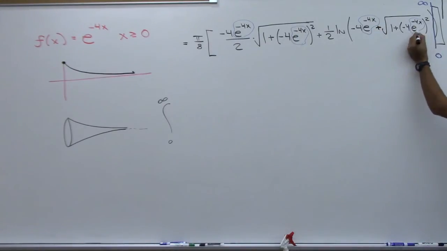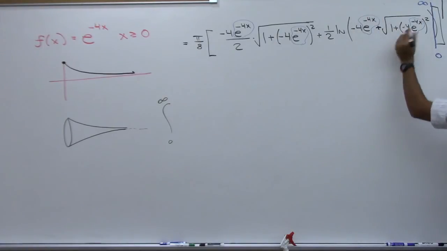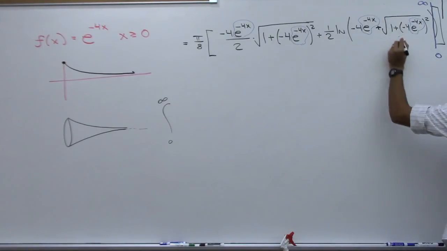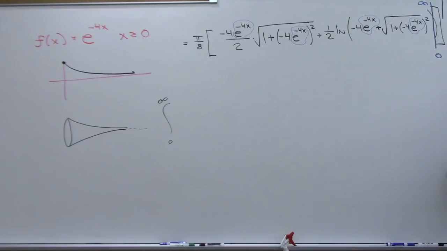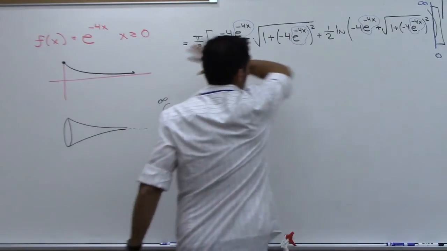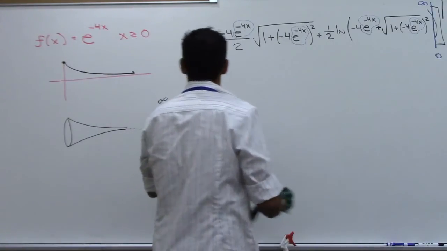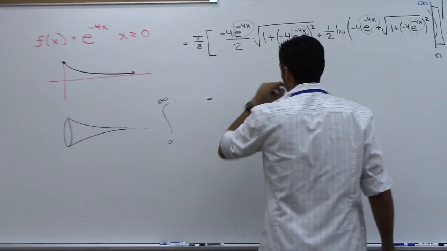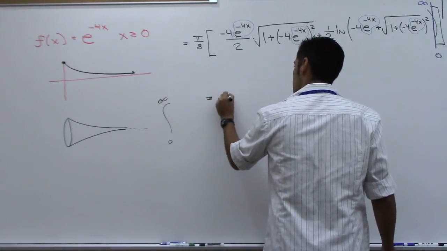If this right here goes to 0, 0 times negative 4 is 0, 0 squared is 0, plus 1, this is just 1. Square root of 1, this was all 0. So this whole thing inside here becomes a 1. Natural log of 1 is 0. So it turns out that when we plug infinity in, or let t go to infinity, the whole thing goes away. It's just 0. So I have equals 0